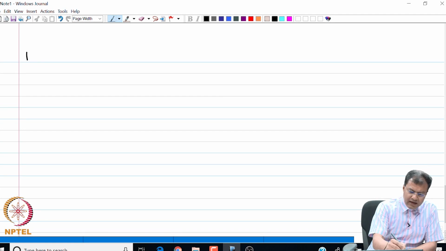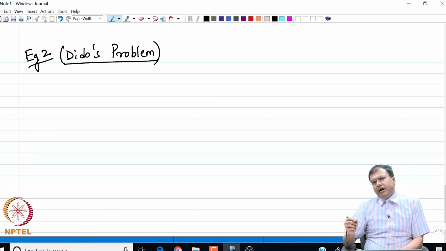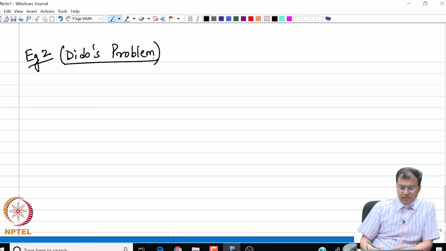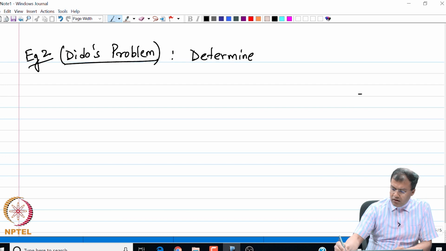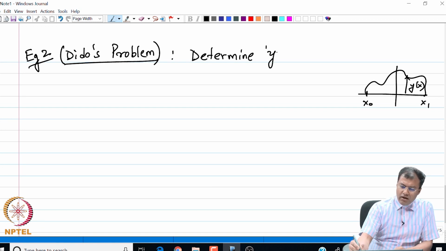The second example that I have is the DDoS problem. We have looked at the DDoS problem on several occasions. Now we are going to look at the same problem with a length constraint set up on the curve. The problem again says we have to determine the height of the curve. Let me just draw. We have a curve, with endpoints x 0 and x 1, and this is the height of the curve y of x. So we need to determine y of x